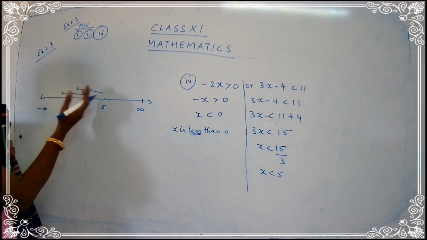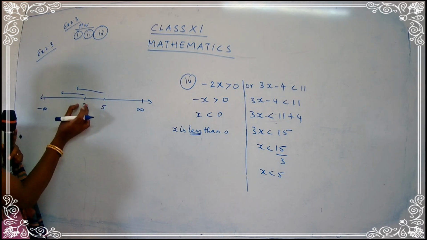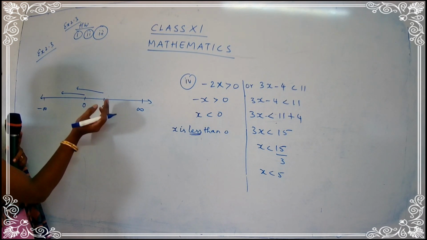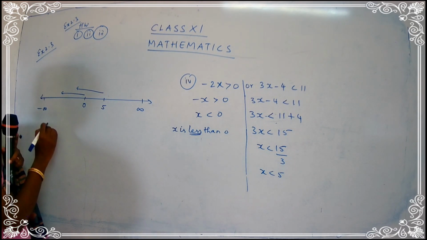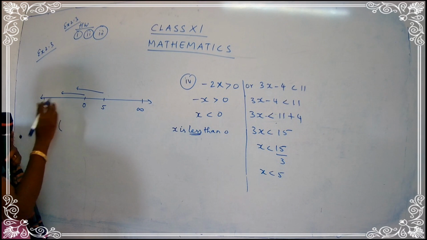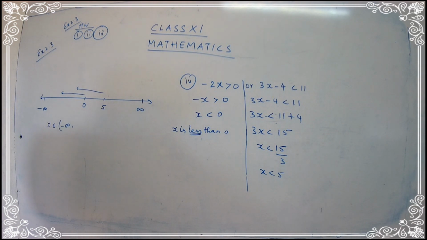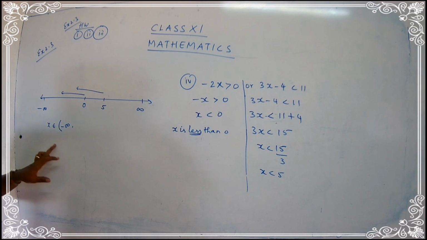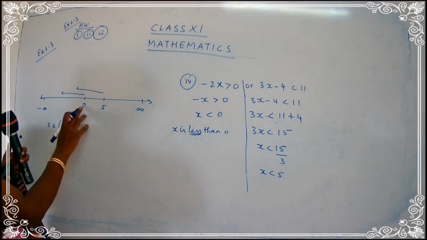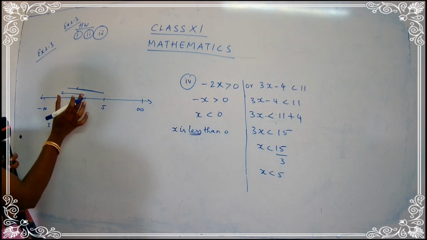So now less than means it is coming towards the minus infinity part. And tell me now, anyway, I cannot take 0 because when you talk about x is less than 5, 0 also comes under that. Yes, children? So you are going to write x belonging to minus infinity. I have told you, do not write infinity or minus infinity as a closed bracket. Whenever you go for minus infinity or plus infinity, you have to use an open interval. So x belonging to minus infinity, and just come here, children. I am just not going to stop at 0. I have to take 5 because the 5 covers this area also. So we have to take the proper area.